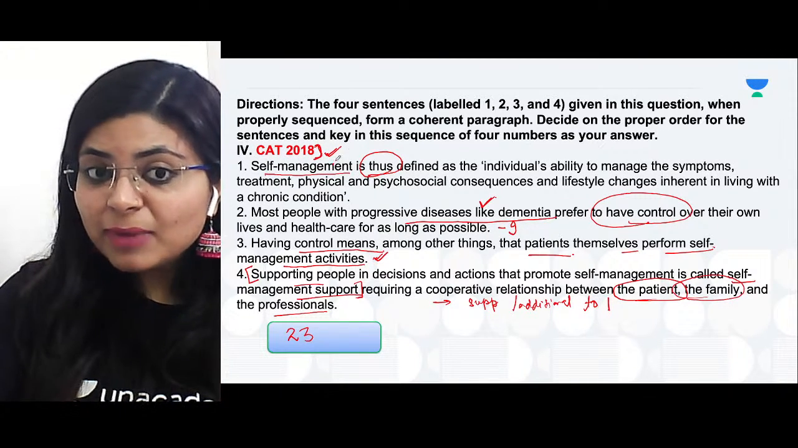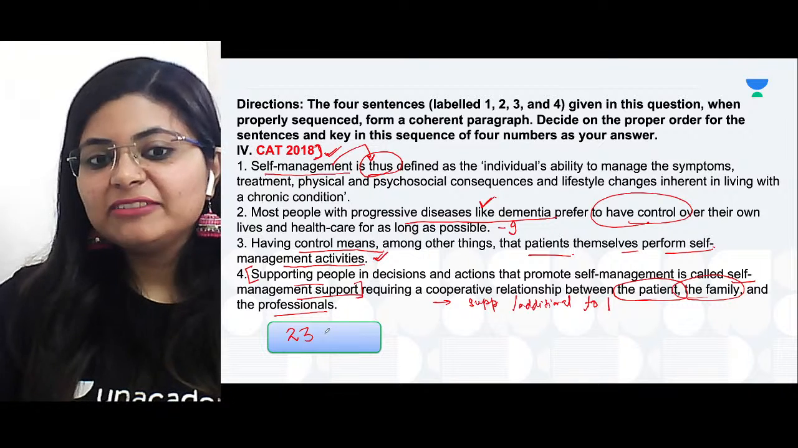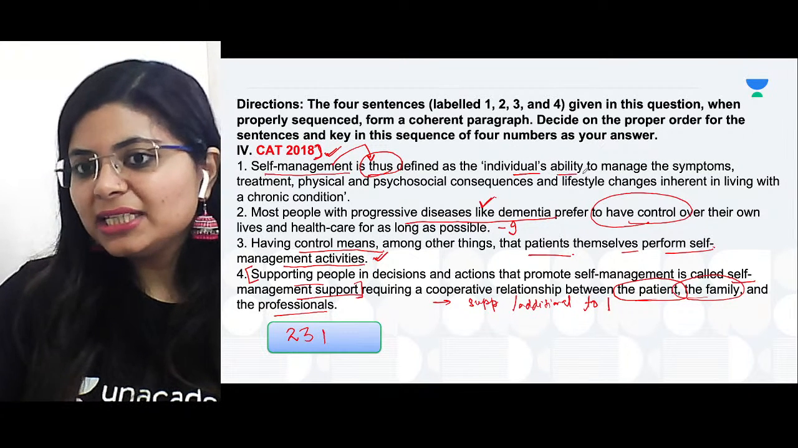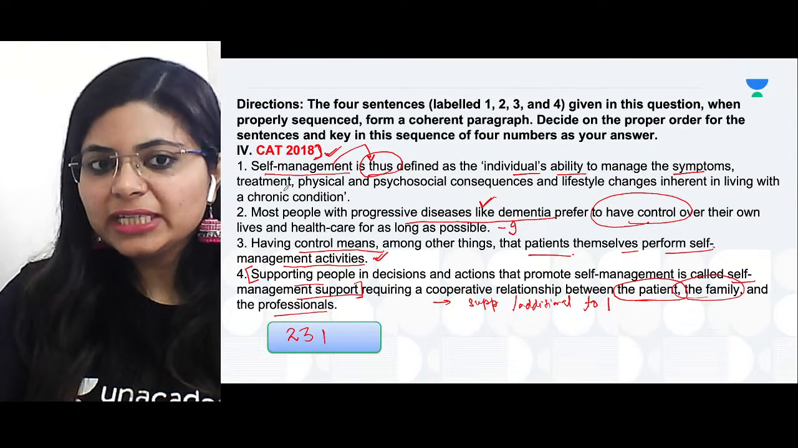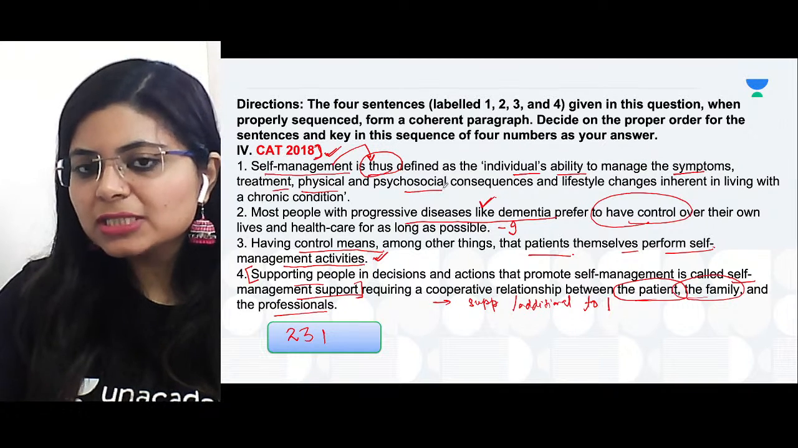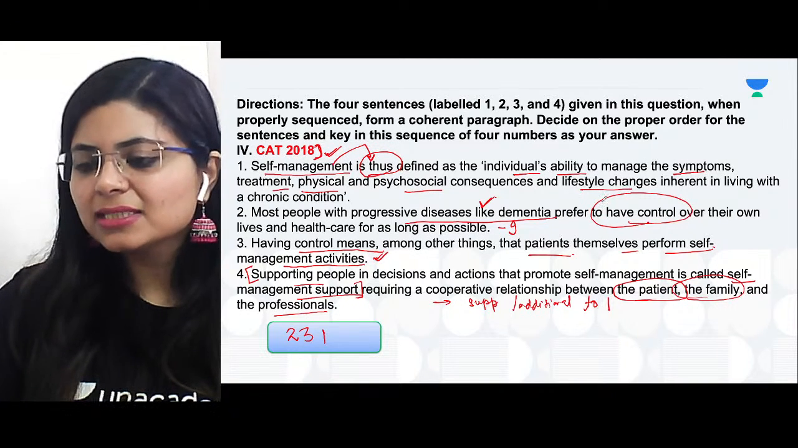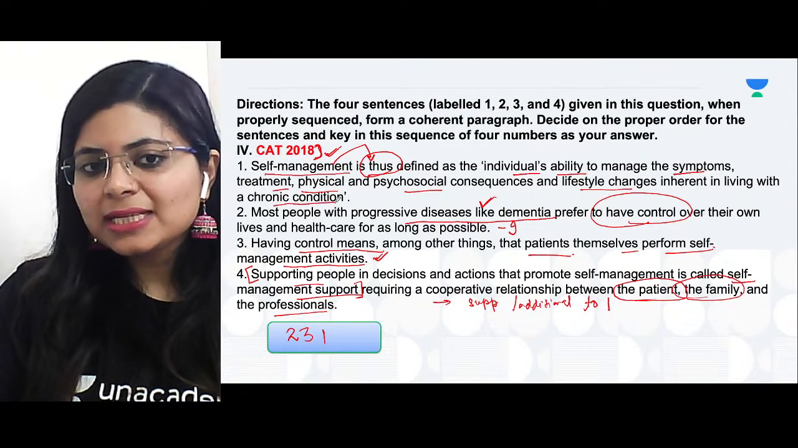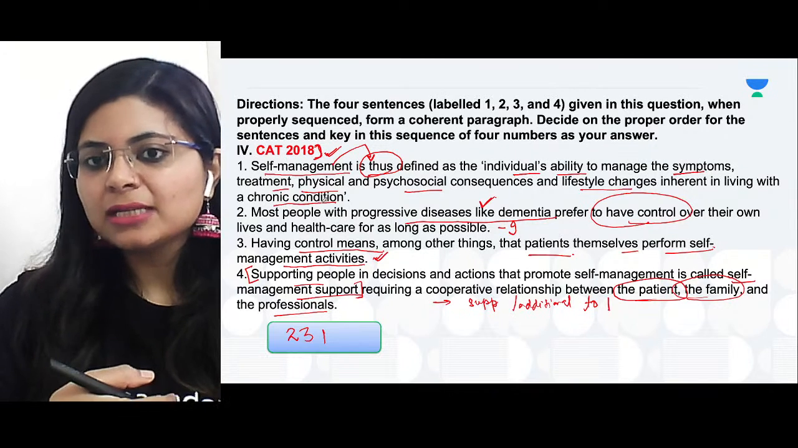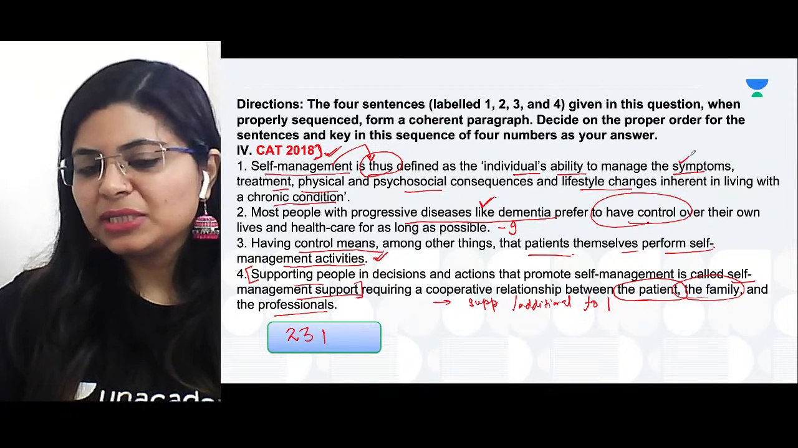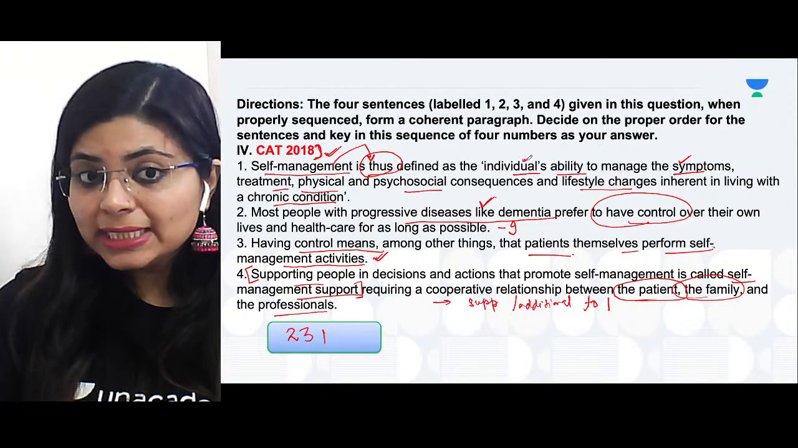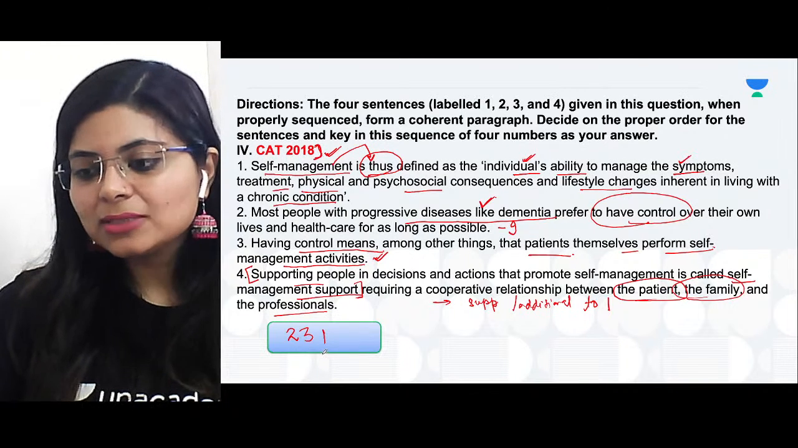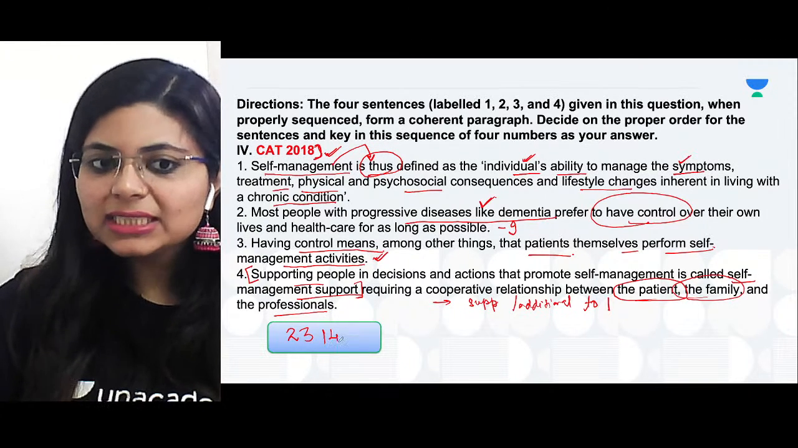इसके बाद क्या आएगा? Self-management is thus defined as the individual's ability to manage the symptoms, treatment, physical, psychosocial consequences, lifestyle changes. सब कुछ जो इस क्रोनिक कंडीशन के साथ सिचुएटेड है, मैं खुद खुद को ठीक करना चाहती हूँ. मेरे को खुद मैनेज करना है अपने सिम्टम एटसेट्रा एटसेट्रा. इंडिविजुअल की एबिलिटी. So 3-1 is also a pair. And then finally,